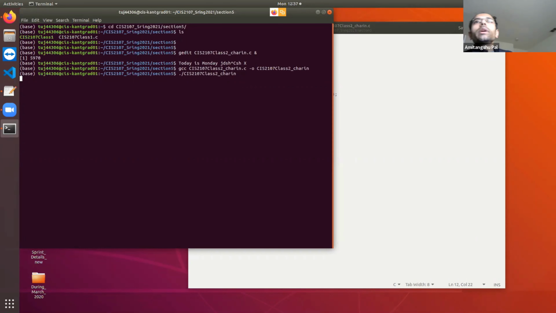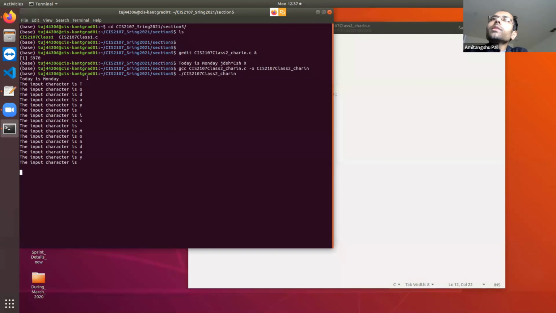So here I need to enter some text. Say today is Monday. So you can see that the program has printed it character by character. Today is Monday. And not only that, you can see that at the end of this print, the process didn't end, because it didn't exit from the program.